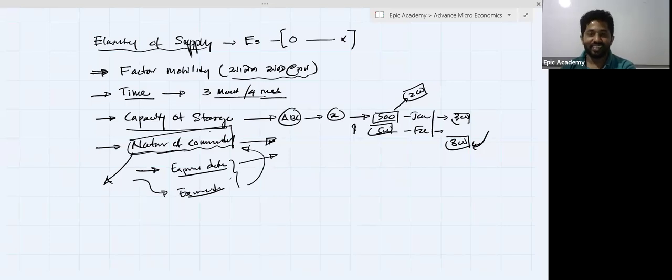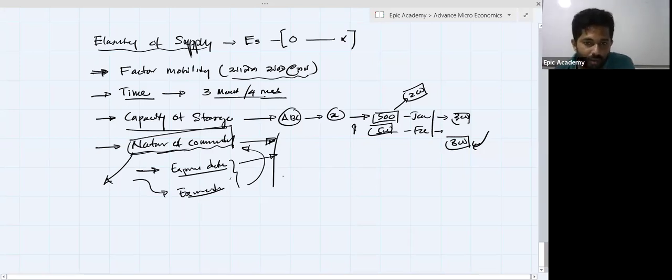Whether it is profitable or not, you have to sell it. Nothing to do. That's the nature of commodity. But in industrial production, you can suddenly change it. If you have factor mobility, changeability, then you can change the production accordingly. So that is why each and every producer produces not only one product. They have plenty of products, varieties of products.